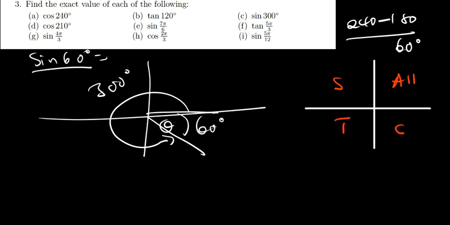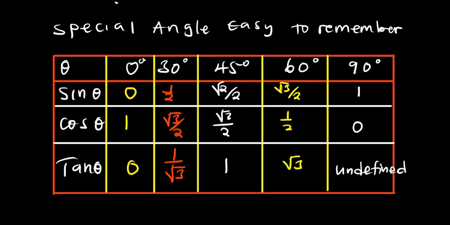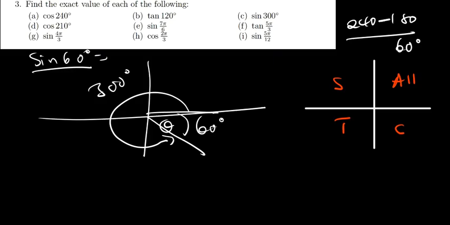But we should take note that sine is negative in the fourth quadrant. Going back to my table, sine 60 is root 3/2. But this is going to give me negative. That's the answer. Go ahead and do